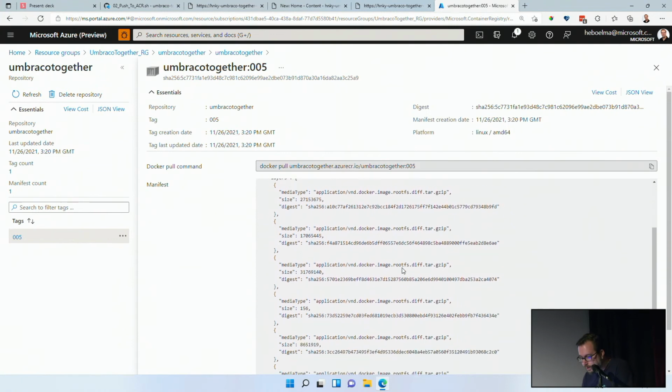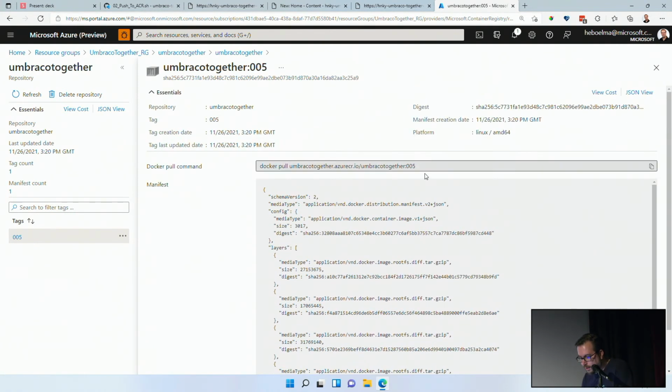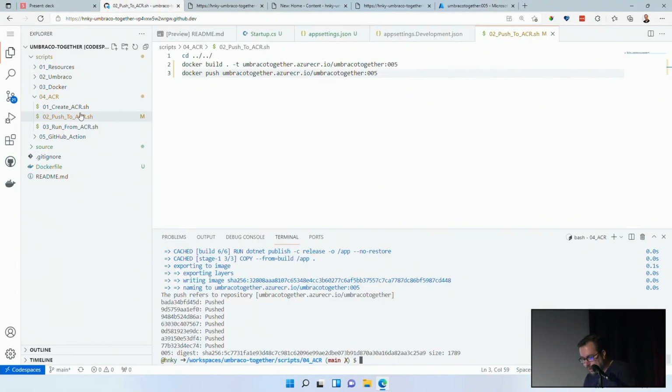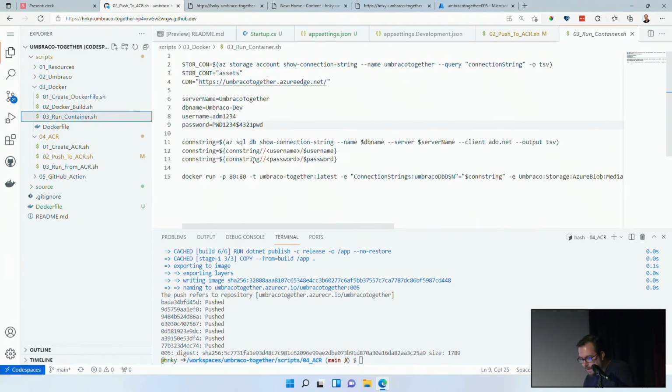There are a lot of details about it. And this is how everyone can pull it in. But running it is not just saying docker run and then this image, because it needs all kinds of connection strings and those types of things. So I skipped over that when I ran it very quickly. So when you actually run that container, you need to give it environment variables. So if you run it on the command line, you can use